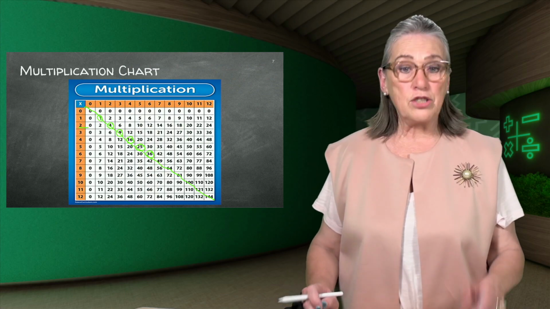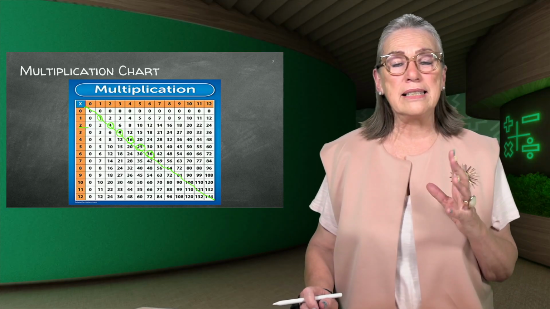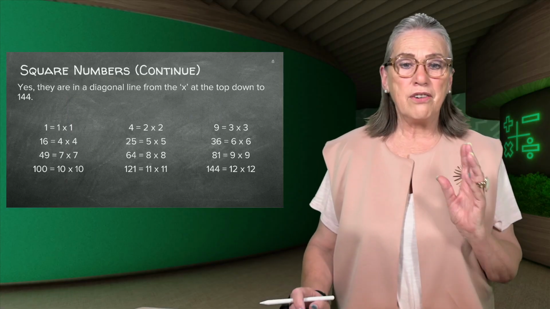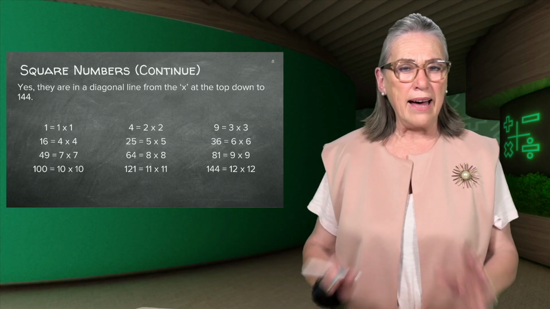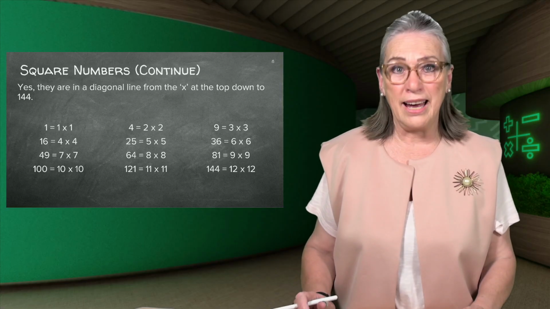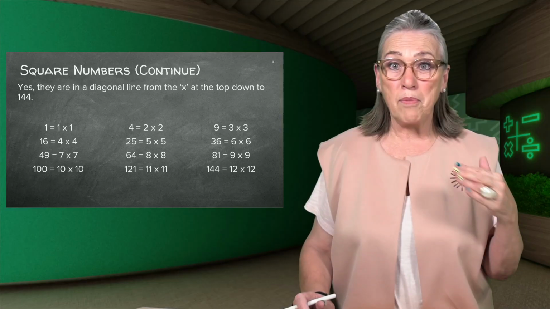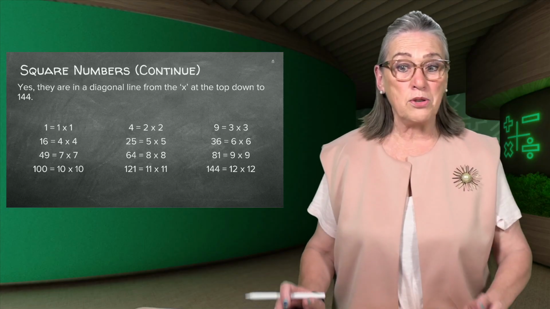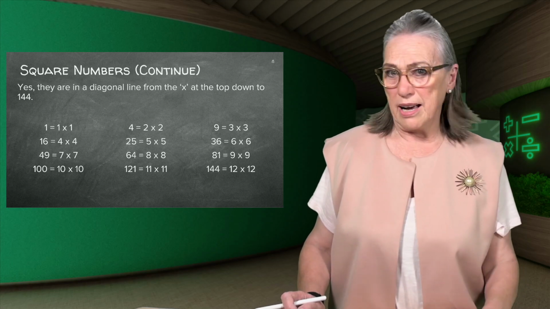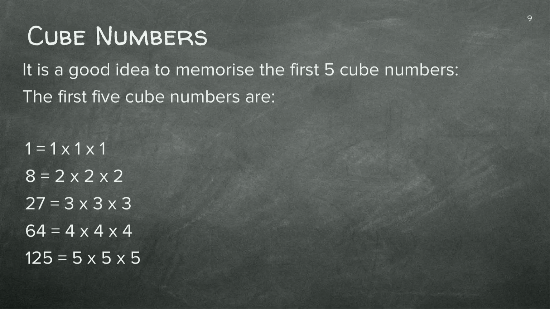all our square numbers. Now, it's very cool, but I want to suggest that you write them down or save this slide. It is very good to just know this. It's going to come in very handy. We've got a few things by now, right? We've got our multiplication chart. Remember, we've got our prime numbers, the list of prime numbers from 1 to 100. It's just good to have these square numbers and to try and memorize them. Okay. And just as good would be to try and memorize the first 5 cube numbers.